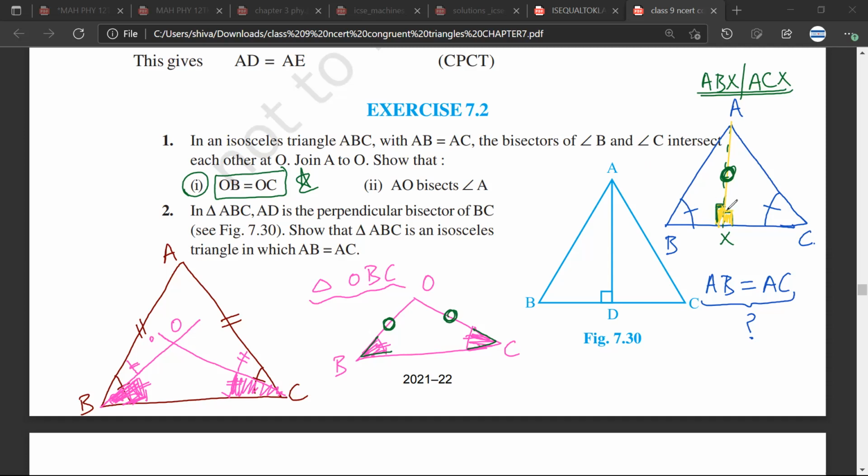But this angle is equal to this angle. Have you understood? Yes, sir. Similarly, this angle is equal to this angle. Now, we have discussed this before also. If two angles are equal, then the third would automatically be equal. Have you understood? Yes, sir. So the triangles are congruent using ASA. Have you understood? Yes, sir.